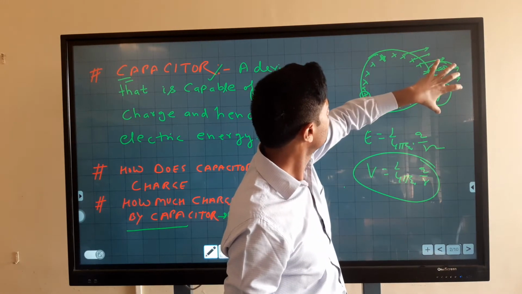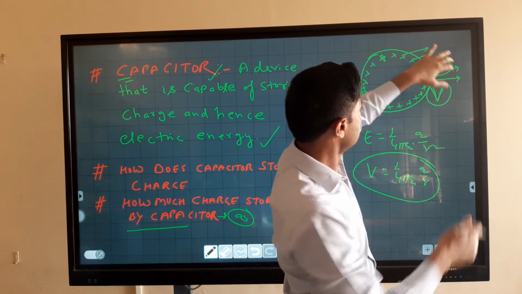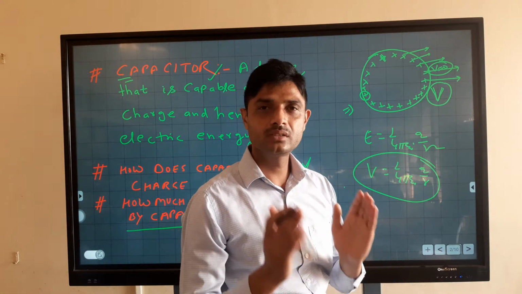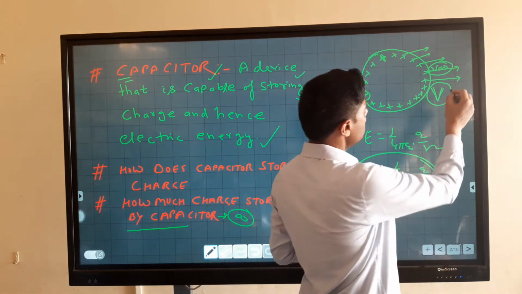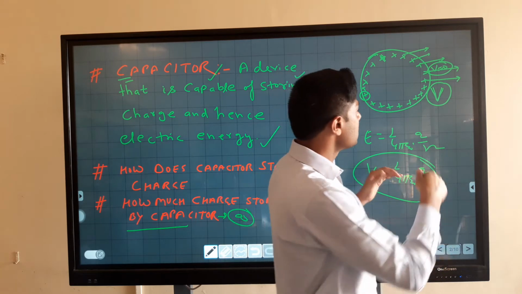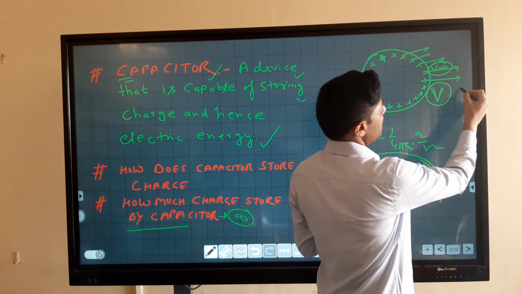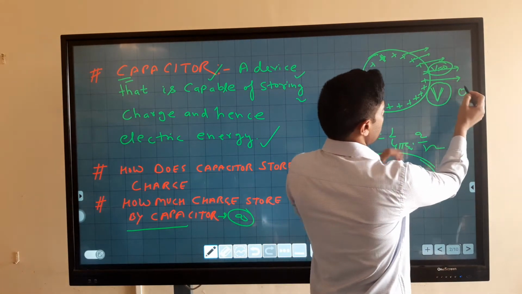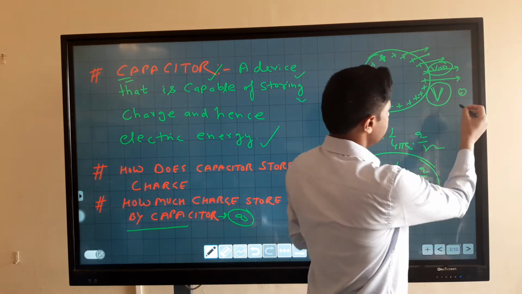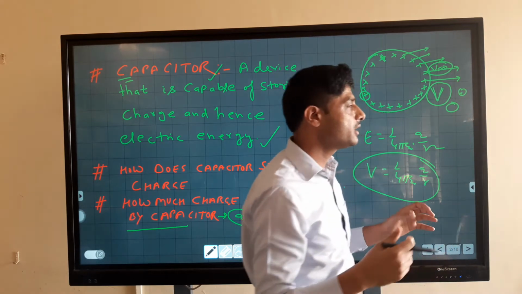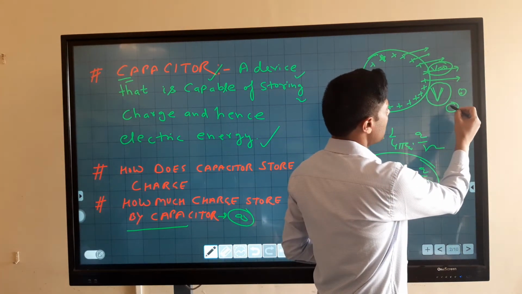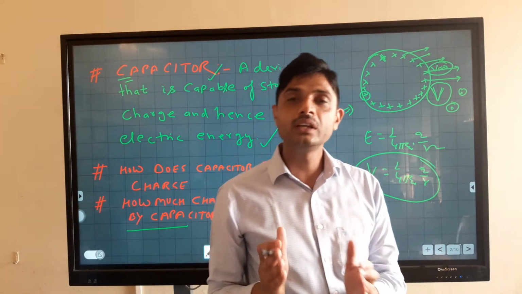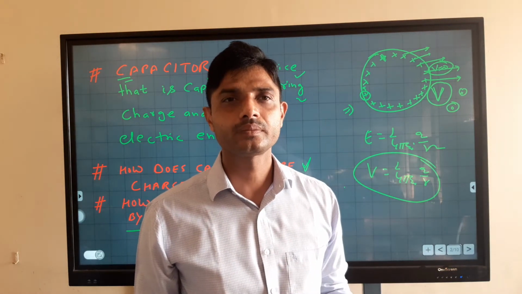Then the electric field intensity will increase beyond what the atmospheric particles can bear. What are the atmospheric particles? Any particles that exist around this sphere? Yes, air molecules are available everywhere. So when the intensity increases, it ionizes the air particles, because initially in air molecules there is a large force between the electron and the nucleus.